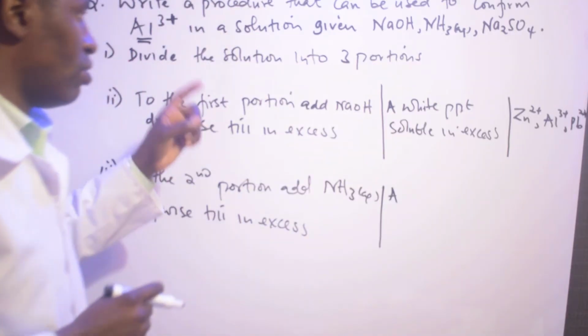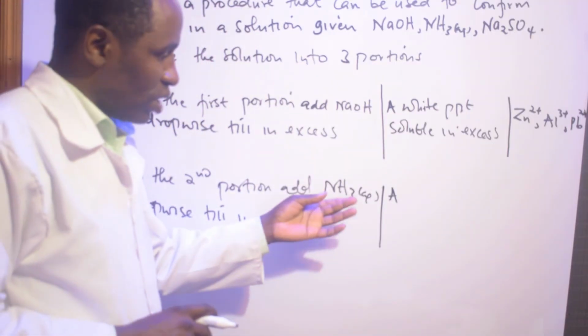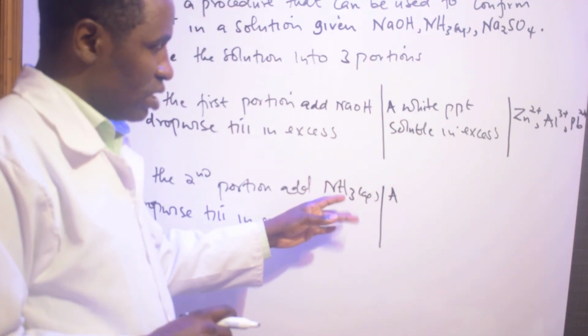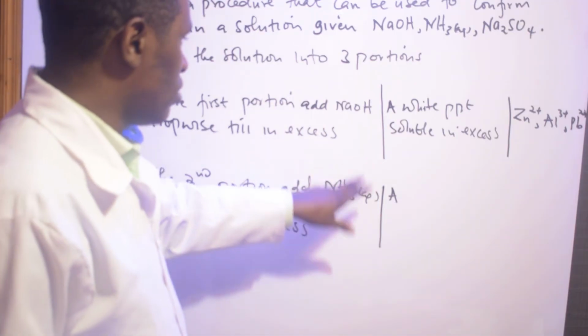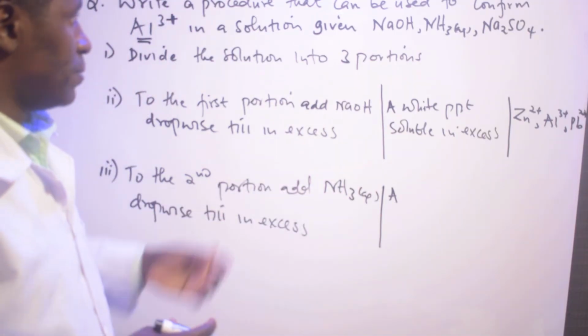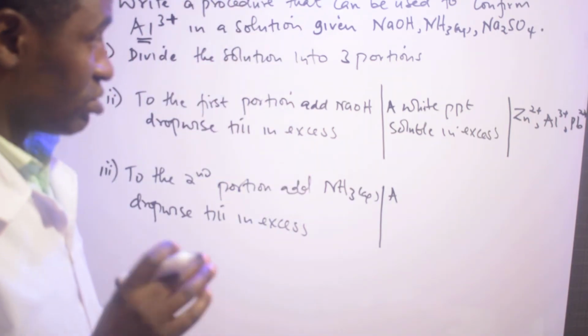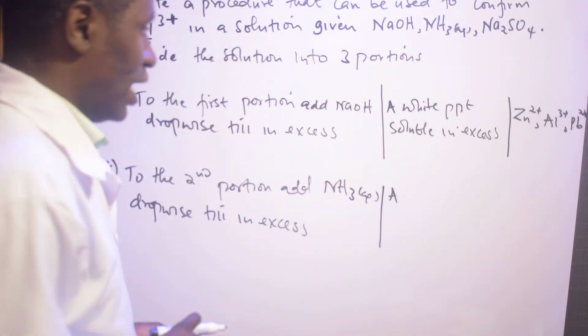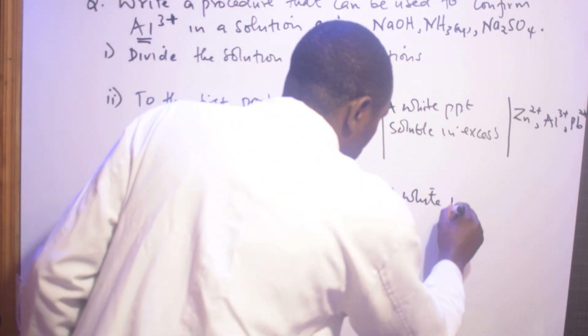Remember, I mentioned aluminium and how it behaves with ammonia. The ammonia in this particular case will dissociate partially in water and form some hydroxide ions, and therefore these hydroxide ions will form a precipitate with aluminium, aluminium hydroxide, and this hydroxide, remember, does not dissolve in excess. Therefore, what I expect here is a white precipitate